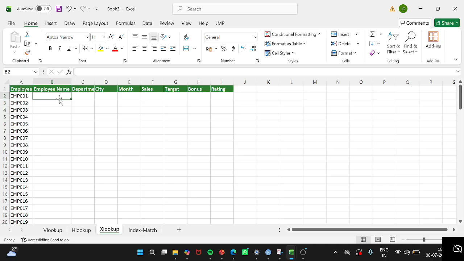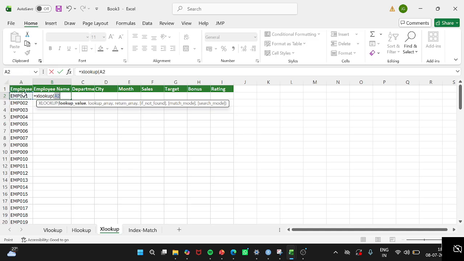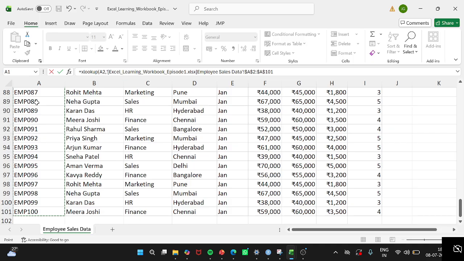So wherever you want the data, there in that sheet, just in the first cell, type equal to XLOOKUP, select the identification cell, that is the employee ID first cell, comma, go back to the client sheet and select only the column of unique ID. How do you select the column without using the mouse? Control Shift down arrow. It selects the table till where your data is available,